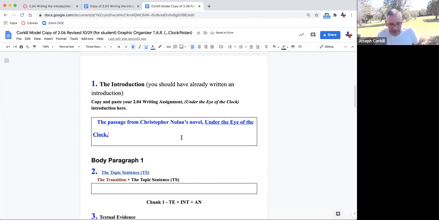Again, you underline it or you can set it in italics. If you put it in italics, then you don't underline it. One or the other. Either italics or underlined. I'm going to use italics. All right. The passage from Christopher Nolan's novel Under the Eye of the Clock